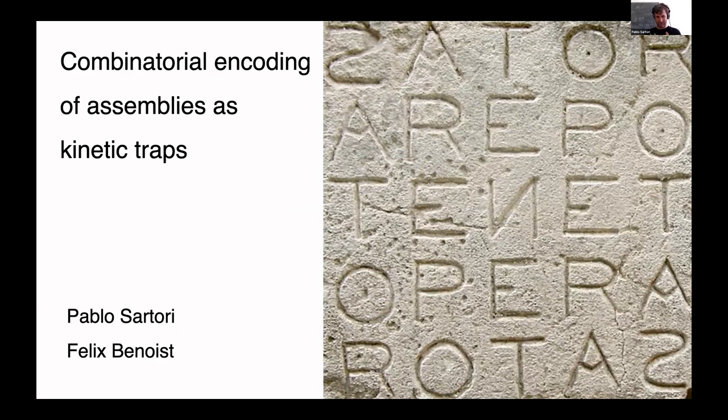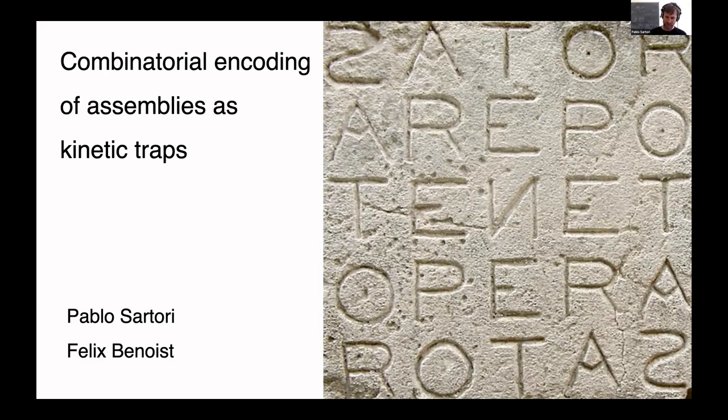Today I'm going to tell you a little bit about some work that I'm doing with a postdoc in my group called Felix Benoit, and it's work that is not published. It's not on arXiv, so it's quite preliminary still. So if you have feedback, comments, I'm happy to take them. This is the first time I present it. And this work has to do with combinatorial encoding of assemblies and how we can encode them as kinetic traps,